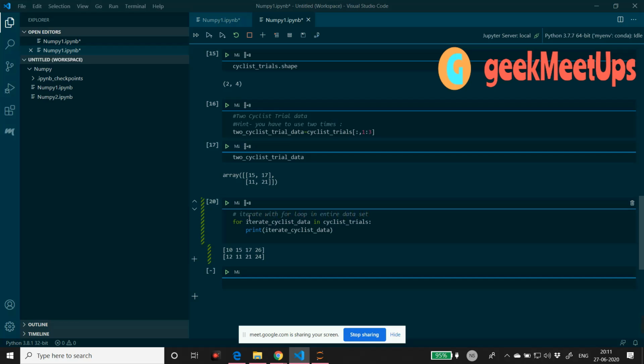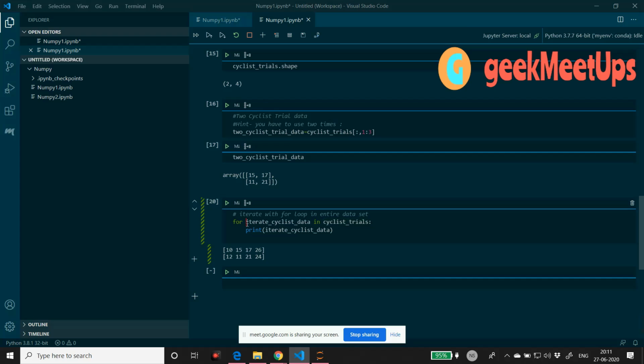We are iterating with a loop in the entire data set. We are trying to access every element present inside the cyclist trial just by applying a for loop.